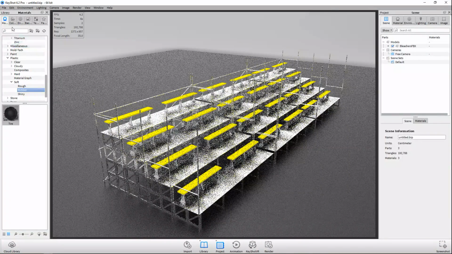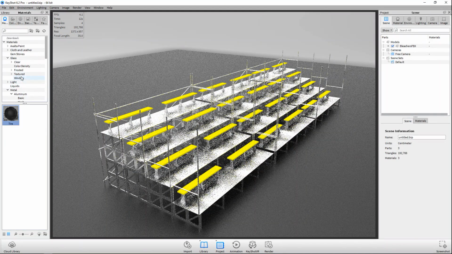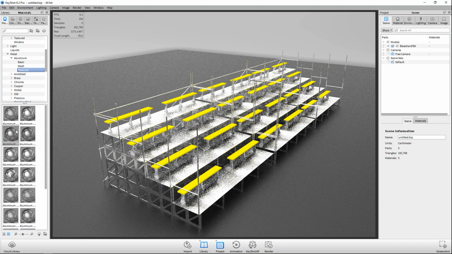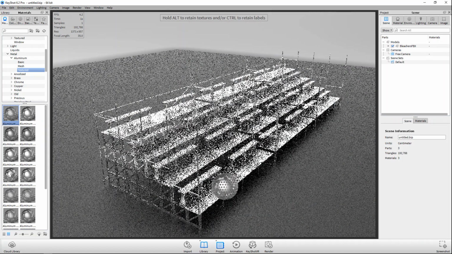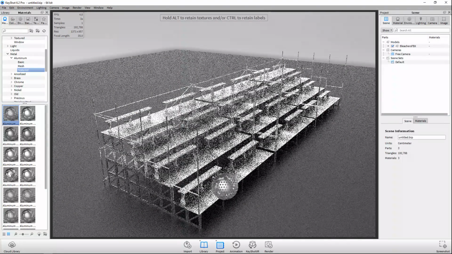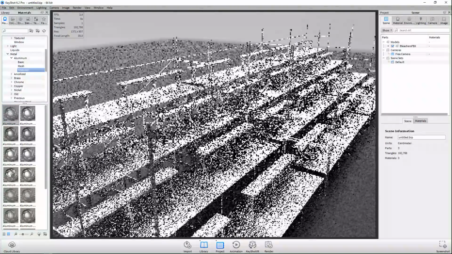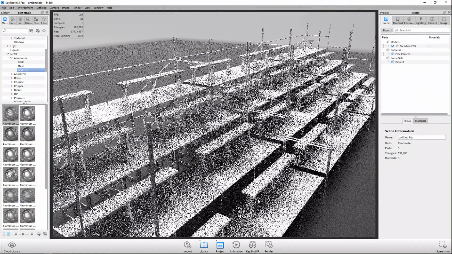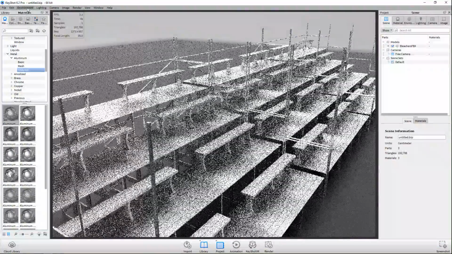Okay, then let's see, for our benches we can decide to do wood if you like, but we can do a different type of aluminum as well, and I think that has my preference here. Let's see, we got textured aluminum, let's try that.